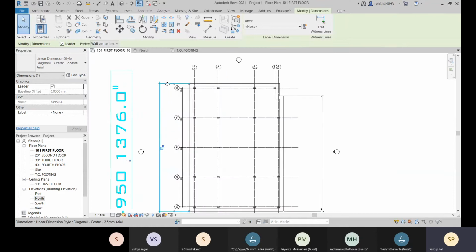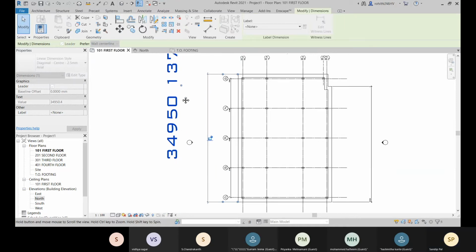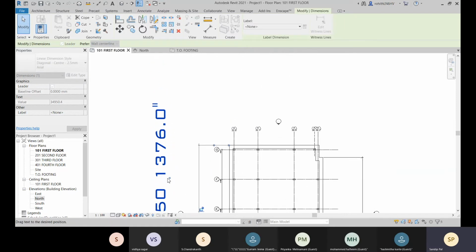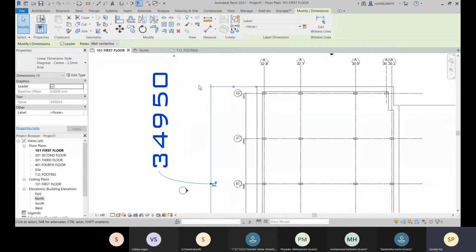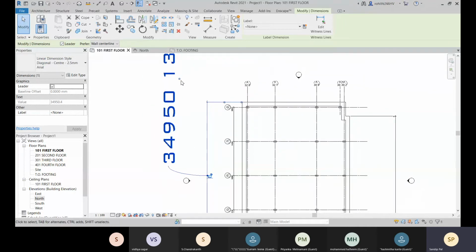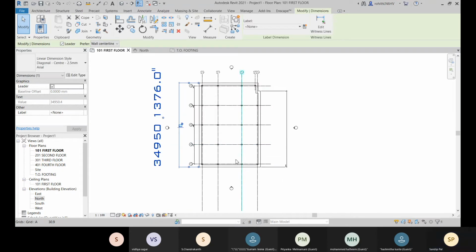So you know this is the witness line, right? So if I move beyond this, here you can see when I'm moving beyond this, then only it's showing you. So the main unit, here you can see that main unit has crossed this witness line, and after that this leader is being added, right? Okay, so this is how you can manipulate your dimension style, and you can apply, and you can also create your own dimension style with that. Okay,